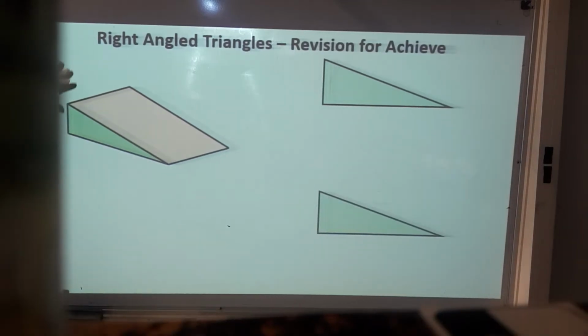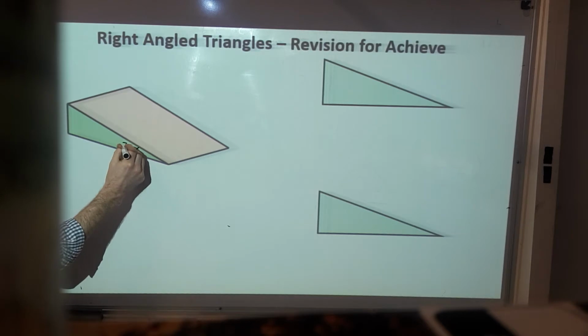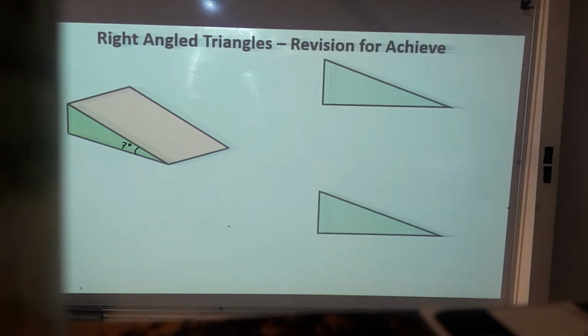This is a revision for the right angle triangles assessment, and from the practice assessment we're going to look at what you need to be able to do for achieve. So in the assessment you were given the ramp, okay, you were given the regulations for the angle, which meant that this needed to be 7 degrees, and the first thing you had to do was measure the vertical height of the stairs. So depending on the stairs, we went outside and measured this height here,